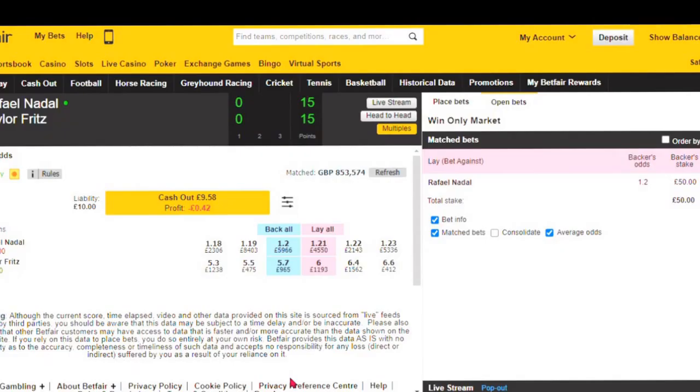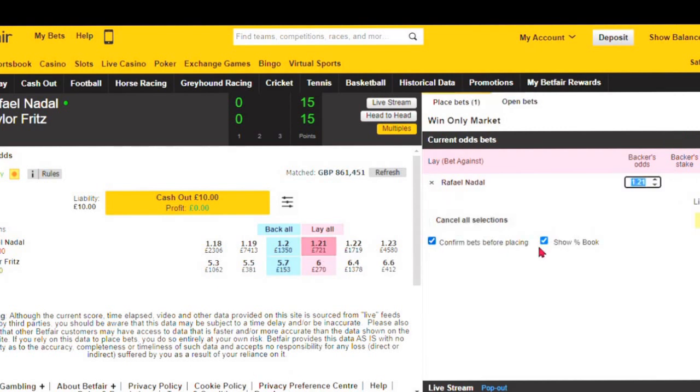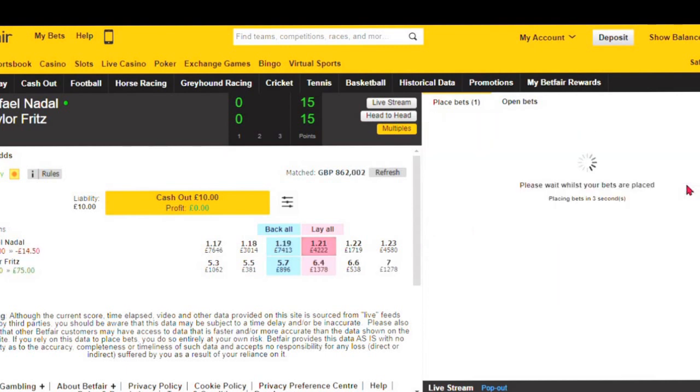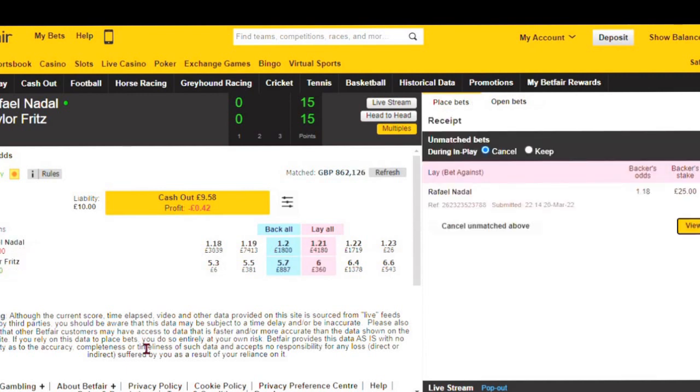And so my total liability was supposed to be £30, and instead of putting all of that £30 on at 1.2, which would have given me £100 if Nadal did actually lose the match, I decided to just split my stake in and around 1.2. You'll see a little bit later on, as you can see on the screen now, I've also tried to put 25 in at 1.18. And the idea was, if that had got matched, I would have put another 25 in around about 1